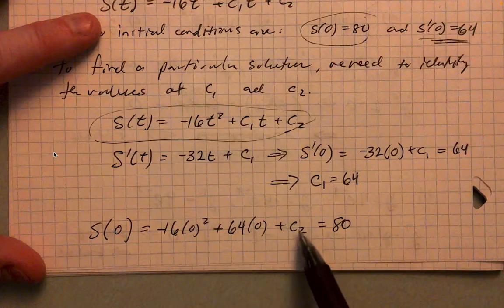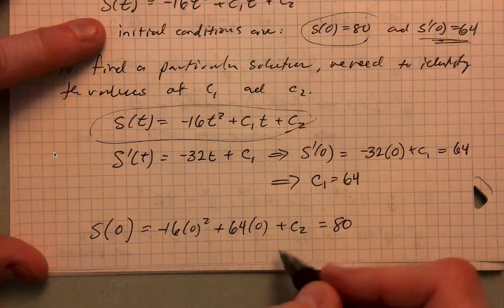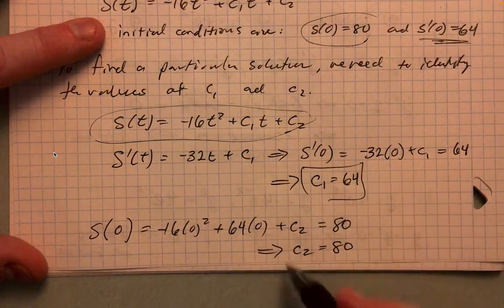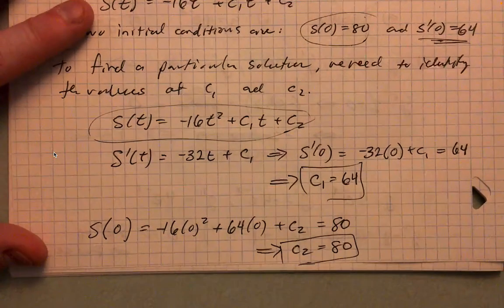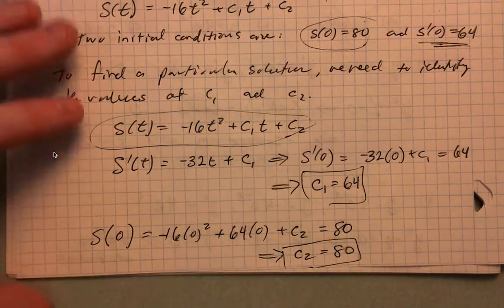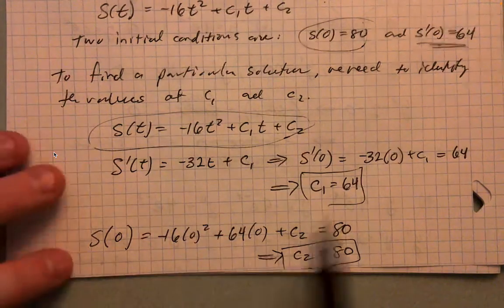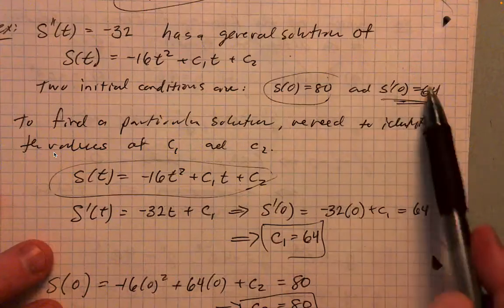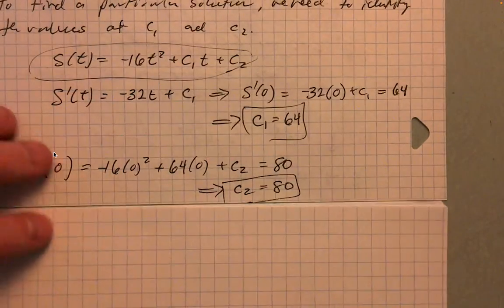This is 0, that's 0, right? So C2 must be equal to 80, right? So you've got the two constants identified now. And so given this as a general solution and given these initial conditions, we can derive a particular solution,